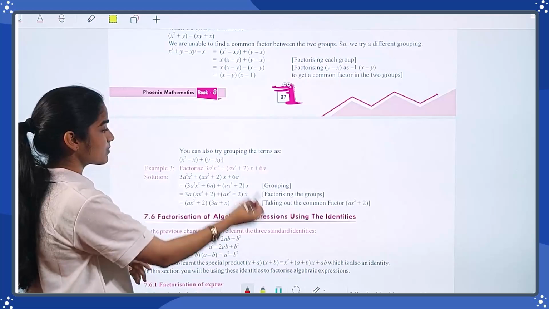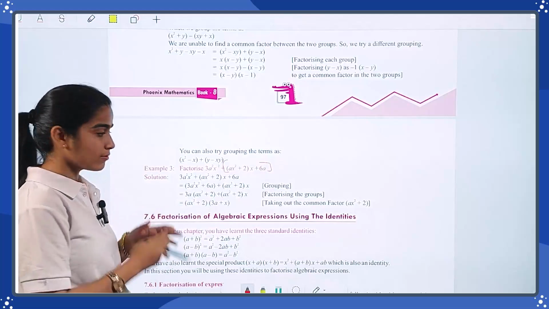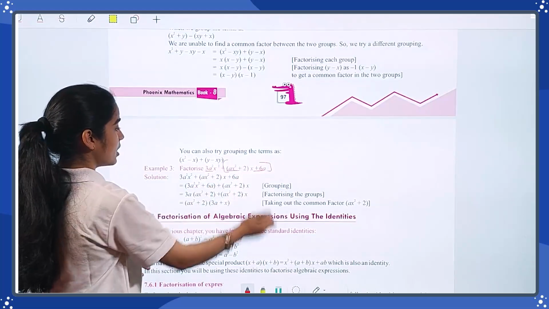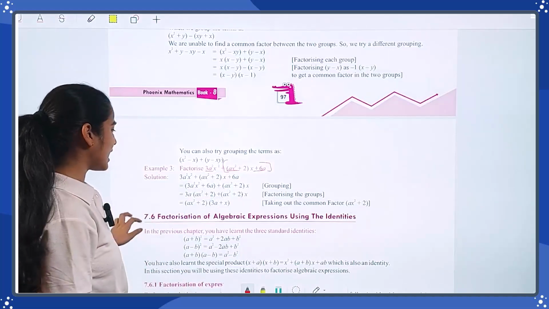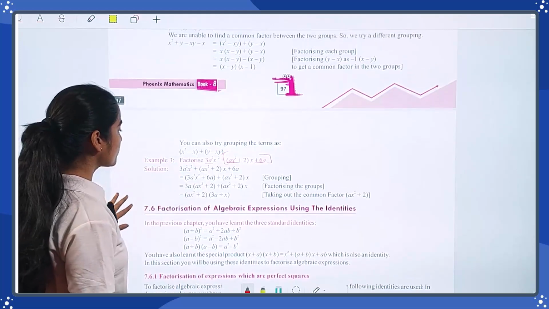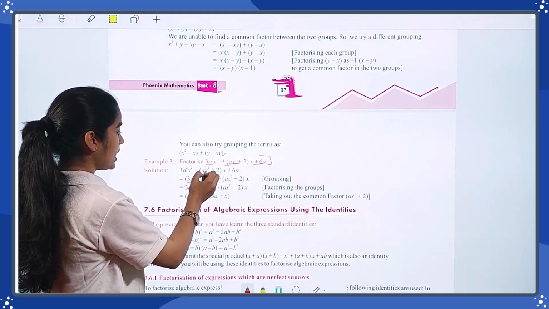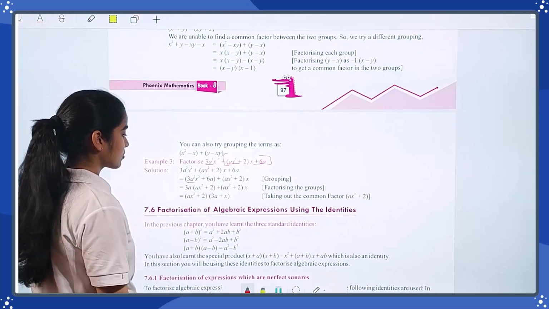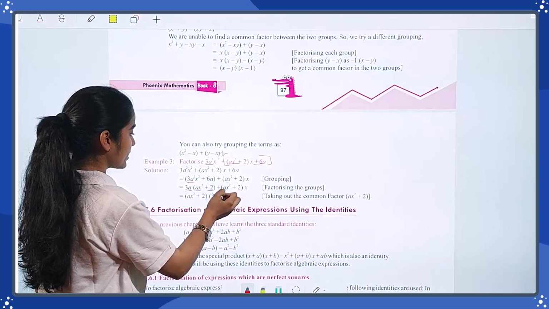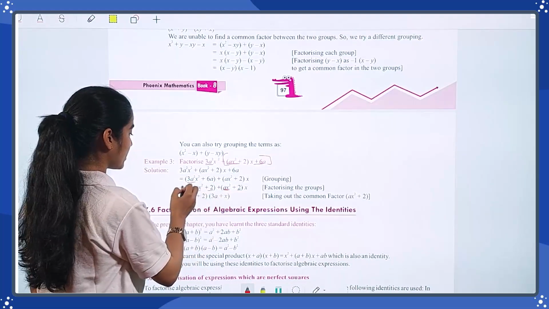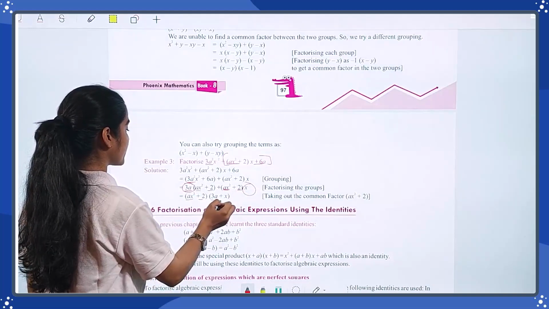So now what we have to do, first we have to solve this question because we have a term and we have to make a group. So in this case we have three values. In between 3 we cannot make a group. If we have even numbers 4, 6, so we can take that, but before we have to convert it into 2. So it means 3a square x square plus 6a and ax square plus 2 is outside the 6. So how can we solve it? 3a x square plus 2 x ax square plus 2 and outside the bracket we have 3a and x. So ax square plus 2, 3a plus x.